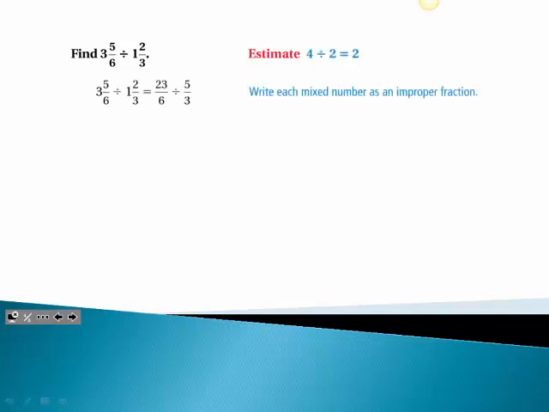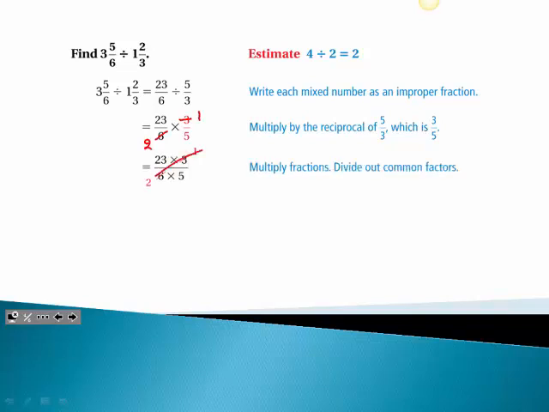Here we go. We have 2 mixed numbers, so we need to turn them both into improper fractions. We get 23/6 divided by 5/3. Keep the first fraction, change to multiplication, flip the second fraction. Simplify diagonally if possible, 1 and 2. Then we're going to multiply. Again, don't do this after you put it together. You can put it together after you simplify. So it'd be 23 times 1 over 2 times 5. So you end up with